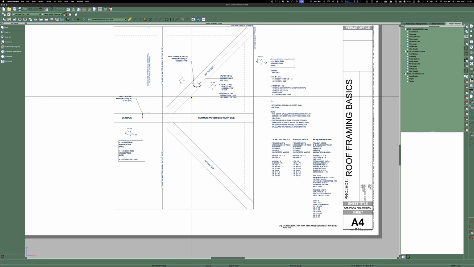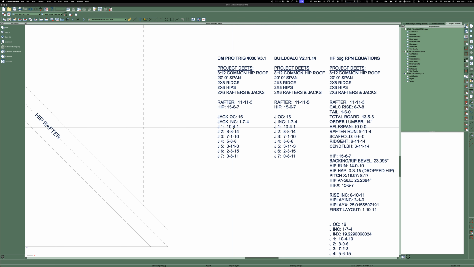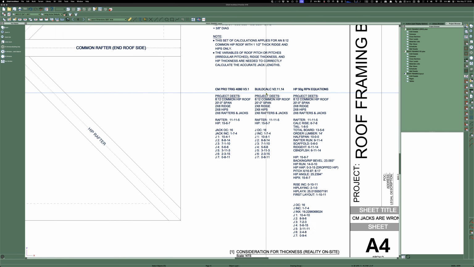So, anyways, I proofed this by drawing everything exact, and then measuring the horizontal component on the computer. And once I have that true horizontal component, then I can just add the roof pitch, and that'll give me the diagonal. And so once that was established, I figured out why. I was like, okay, why is AutoCAD saying it's different than this? And it was driving me nuts because I thought, well, this is Construction Master. They can't be wrong. But then I talked to the guy that invented BuildCalc, and he said, yeah, that was one of the harder things,